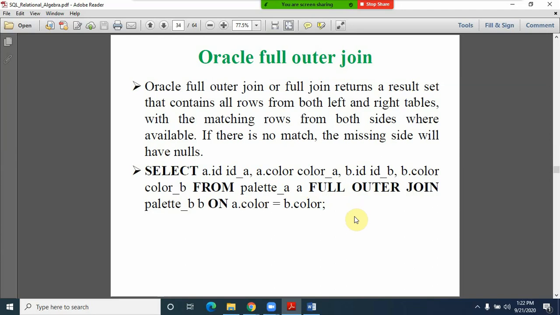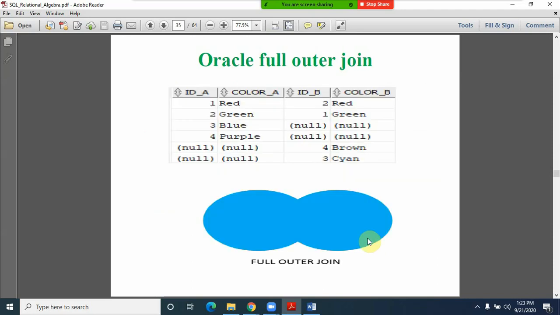The condition is also based on equality, but as we are mentioning the clause of full outer join, we make use of that particular join condition. This is how you can identify various kinds of joins in Oracle.